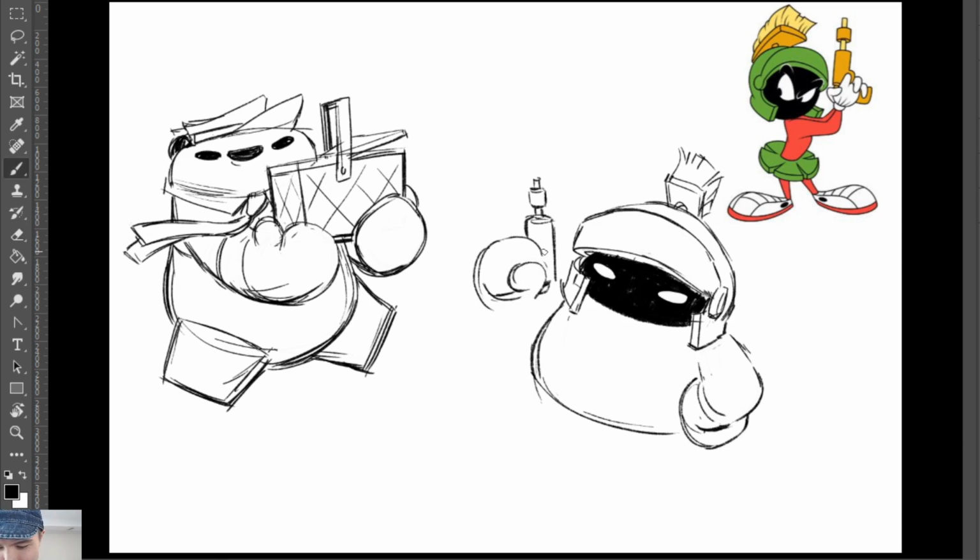I read books on animation, obviously Richard Williams' handbook, The Animator's Survival Guide. Even if you're not into animation, I still highly recommend it because it's a very good resource to learn how to make your drawings feel so alive, feel like they have weight. I think a lot of art is about